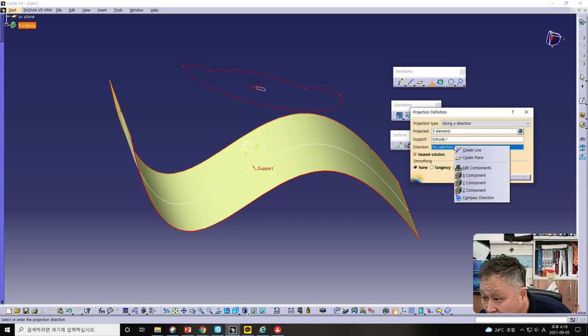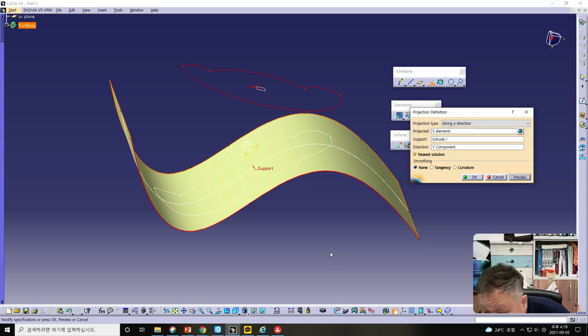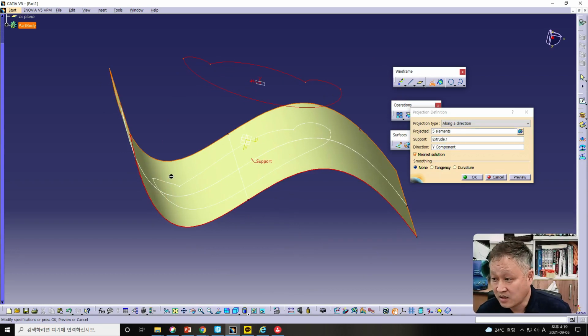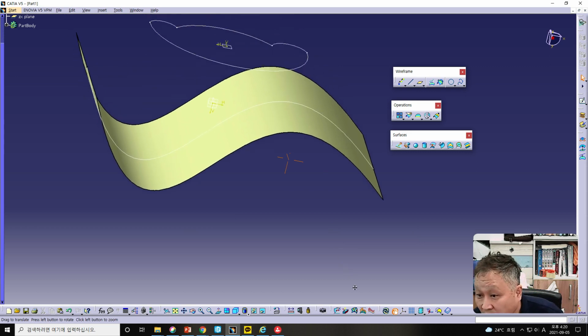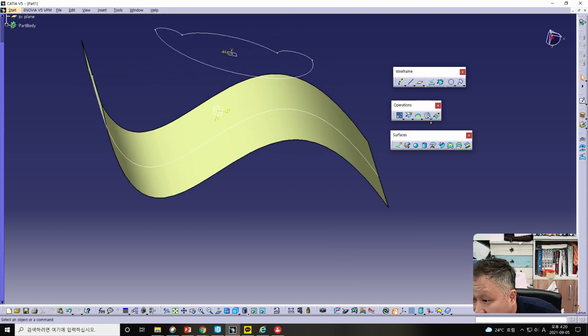the direction is the Y component, then the selection is here, the along direction is to this one, and nearest solution. In the nearest solution menu, the nearest surface can be projected. Undo, cancel,